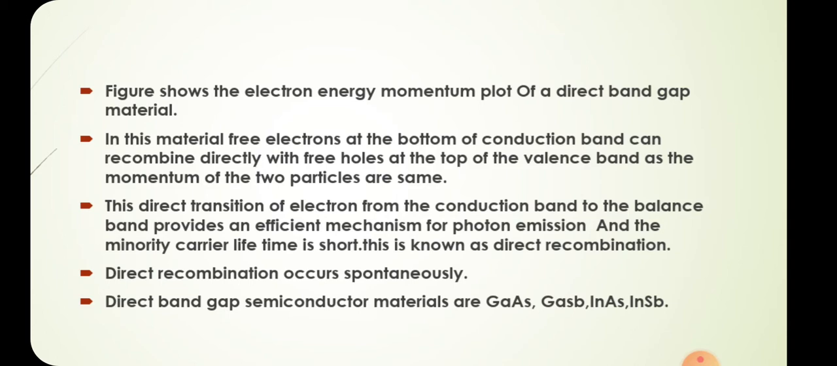And the direct recombination occurs very spontaneously, and direct band gap semiconductor materials are gallium arsenide, gallium antimonide, indium arsenide, and indium antimonide. Okay,